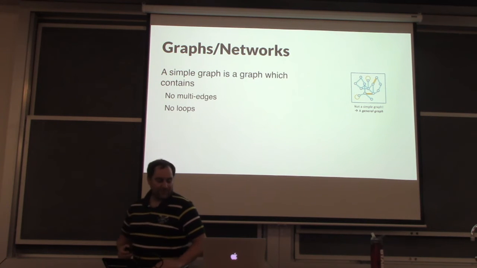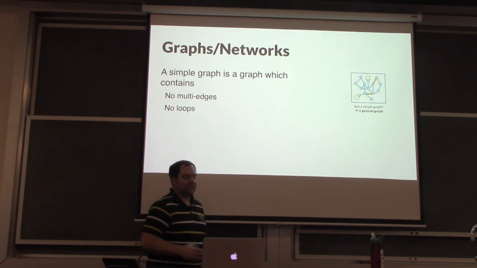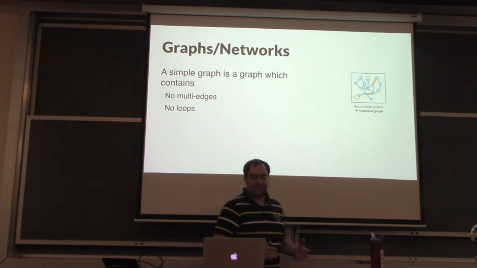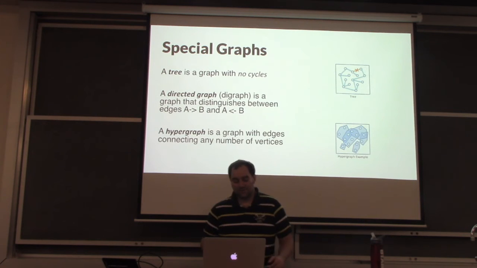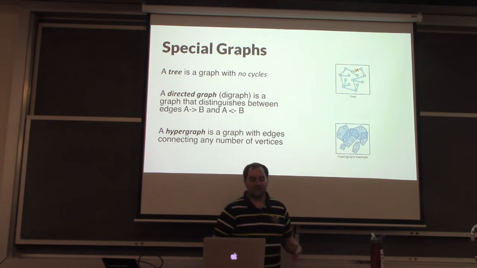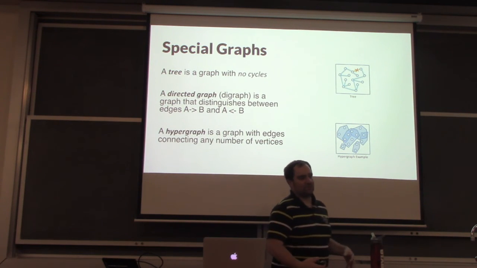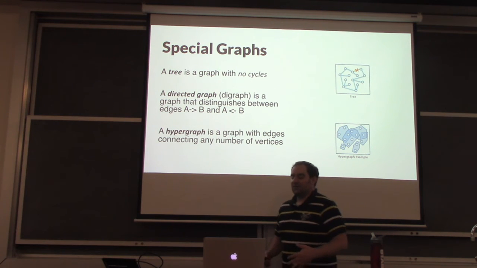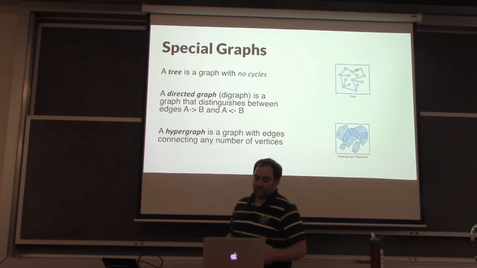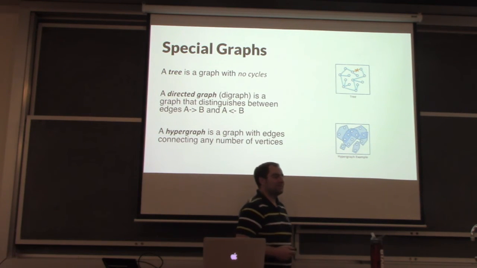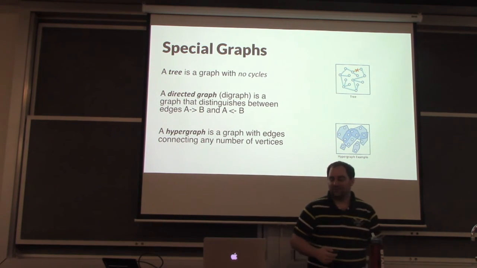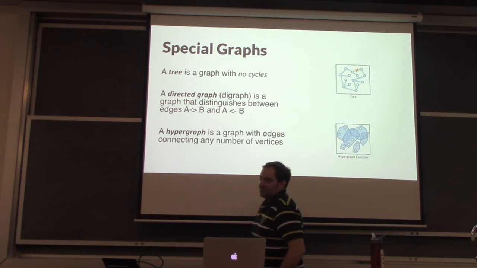A couple of definitions on a graph. A simple graph is a graph which contains no multi-edges and no loops. Many graphs that we will be working with are simple graphs. And there are a lot of special graphs, and the most important one here is a tree. A tree is a kind of graph with no cycles. And this property of it not having cycles makes it amenable to very specialized visualization techniques that are really optimized